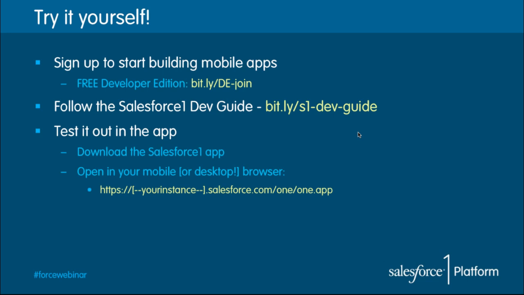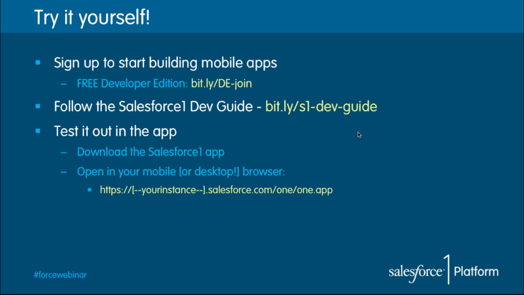You can go in, you can say, this is how I think it's going to work. You can build out all the customizations that you want, and then you can demonstrate it right on your phone if you want to. You can give someone a login and actually have them log into the DE org in Safari on their phone, or you can also, one super quick